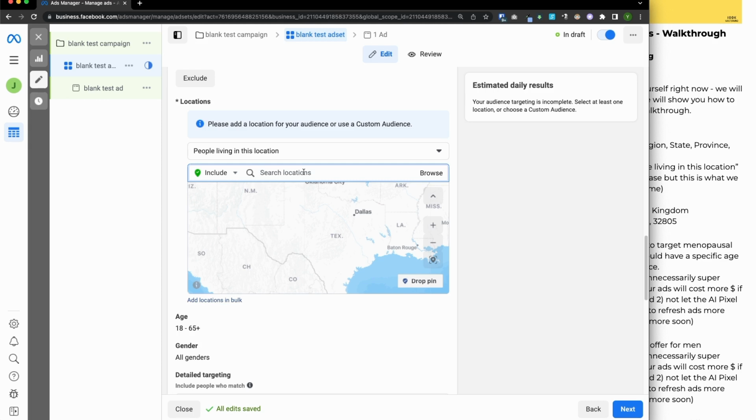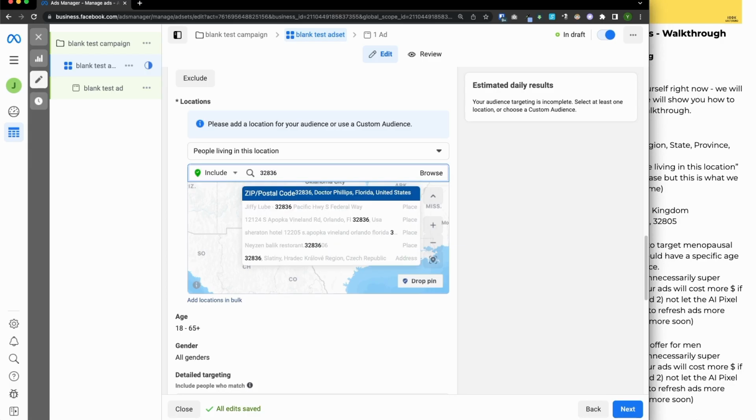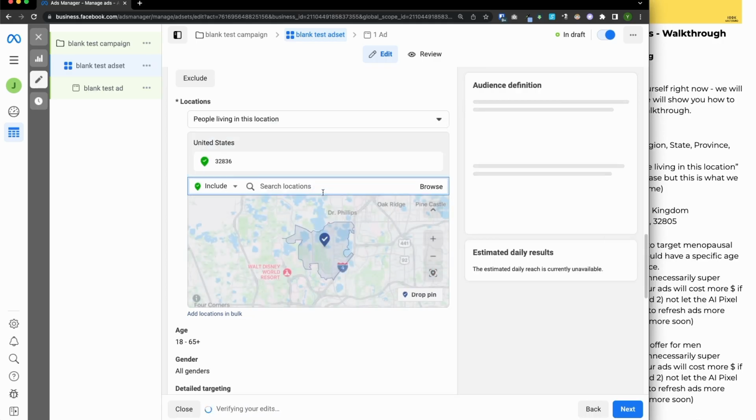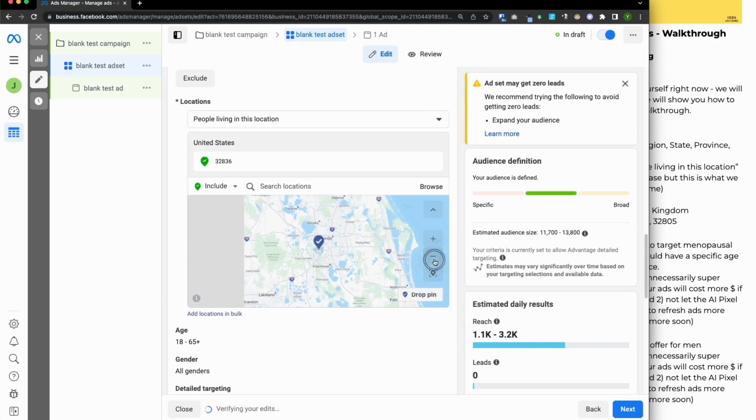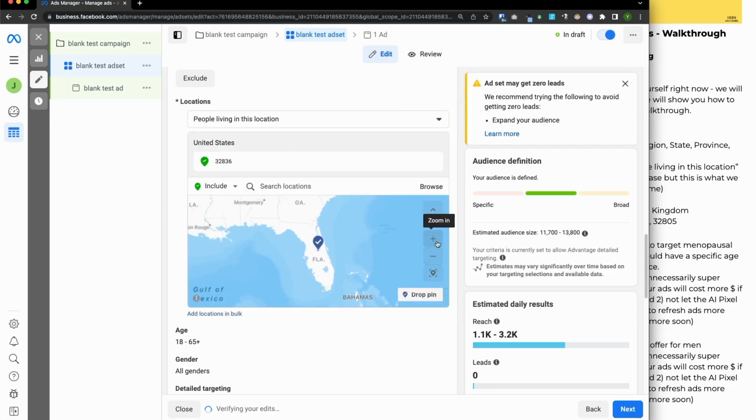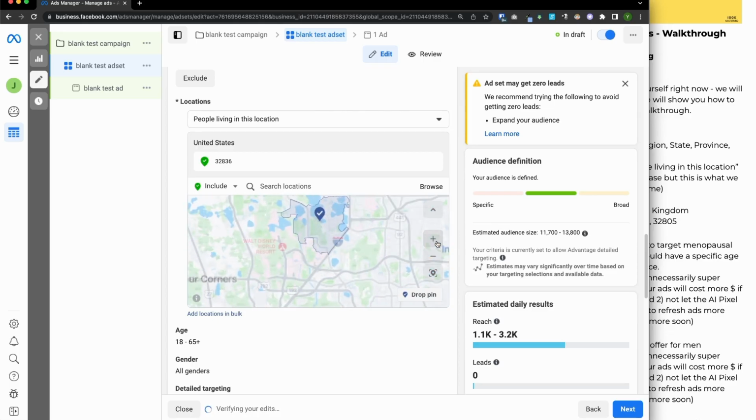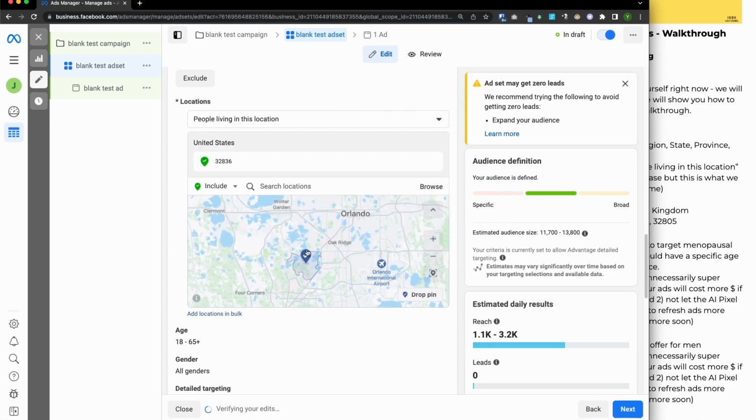Let's say, for example, we're running ads for a local business, or helping a local gym or whatever it might be. So let's say I type in the old zip code of where I was born and raised over in Dr. Phillips, Orlando, Florida. Right over here, you'll see I am now targeting a specific zip code inside of Orlando, Florida. And then I can go ahead and type in, I believe it's